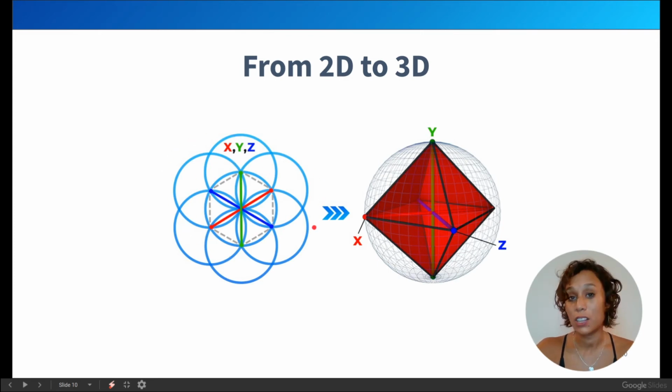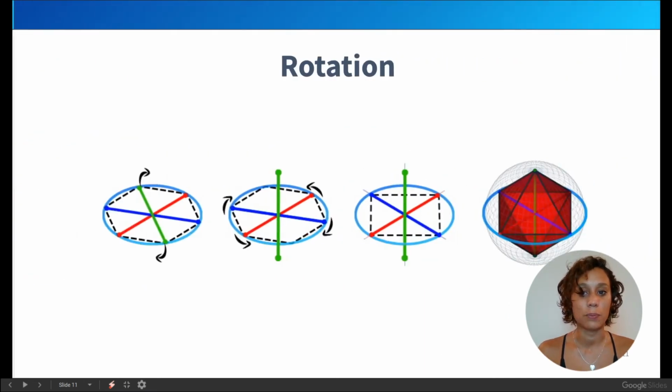And now I'm going to tell you that actually these are the same axes that could rotate into this shape as the internal geometry, so like a skeleton of the octahedron. You can see here there's a square plane, and these are the pyramids on top and the pyramids on the bottom, which are on an X, Y, and Z axis, at 90 degrees, just like a cube. But how is this actually working? We're going to find out now.